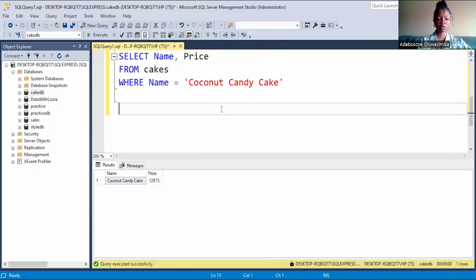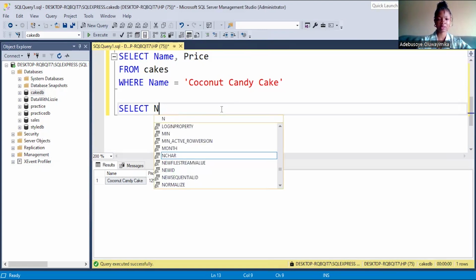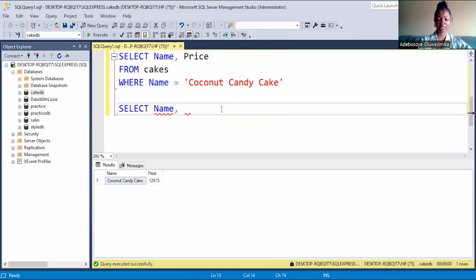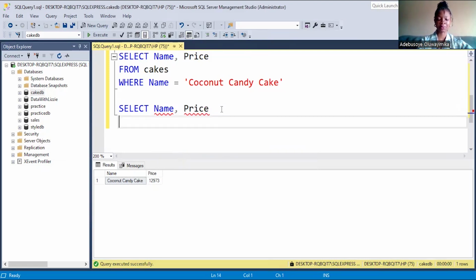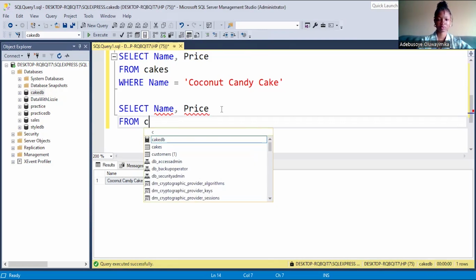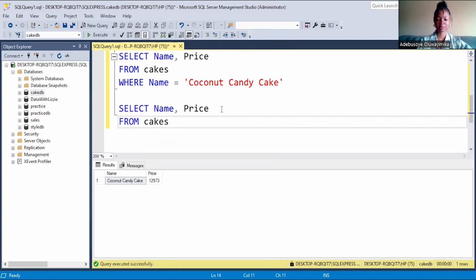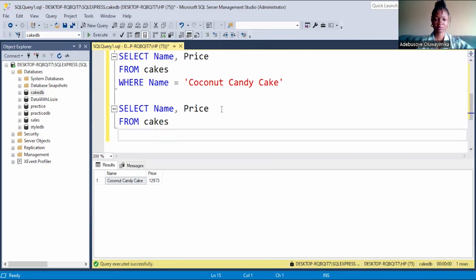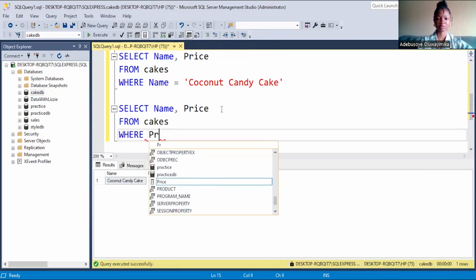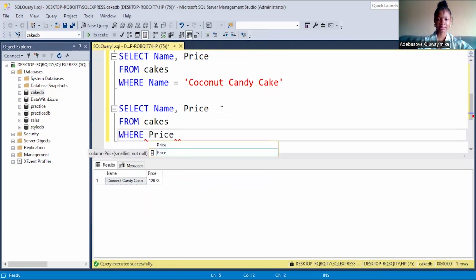Pretty simple. So what you want to do is, of course, start with the select statement, then the name. We would like to see the name and the price from our cake table, from cakes. Okay, so where price, since it's not plural. So where price is between